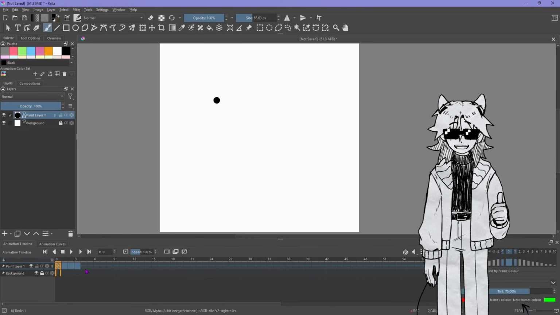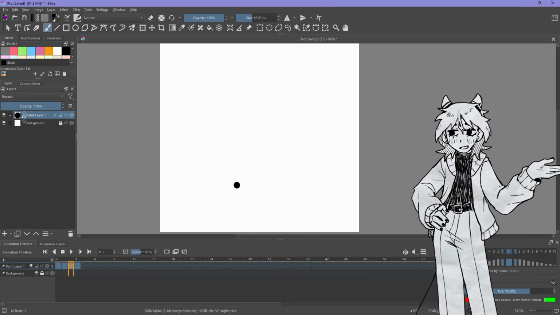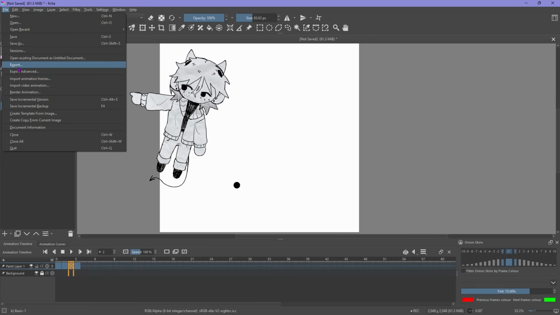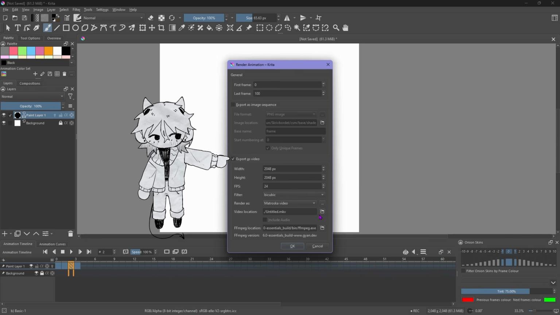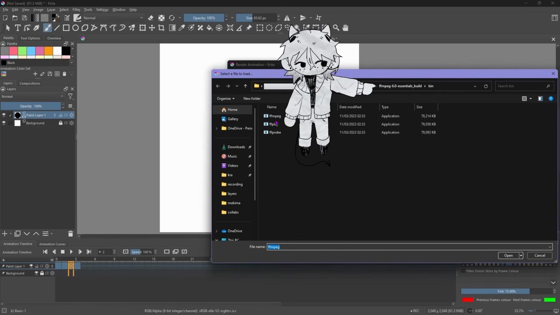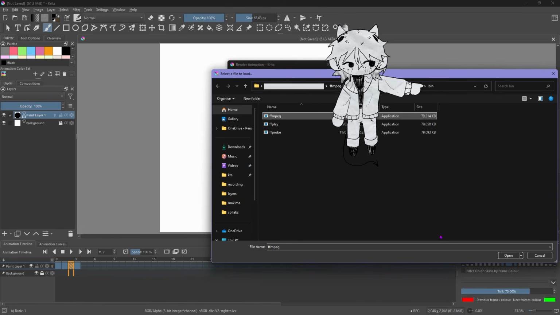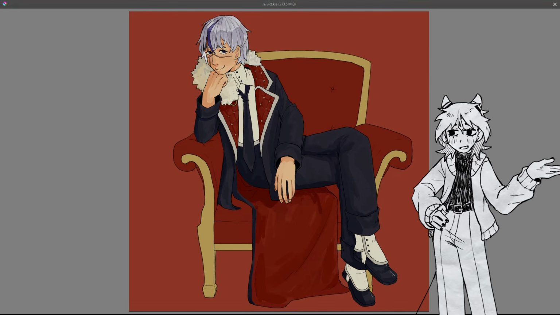So let's say you have this super cool animation you want to export, like I have here. First, what you'll do is press File, and then Render Animation. Now, you have this cool little window. First thing you want to do when you have this open, under Export as Video, press the FFmpeg location and locate the exported FFmpeg file again. Go into the bin folder and select ffmpeg.exe, and that's basically all you gotta do to be able to export